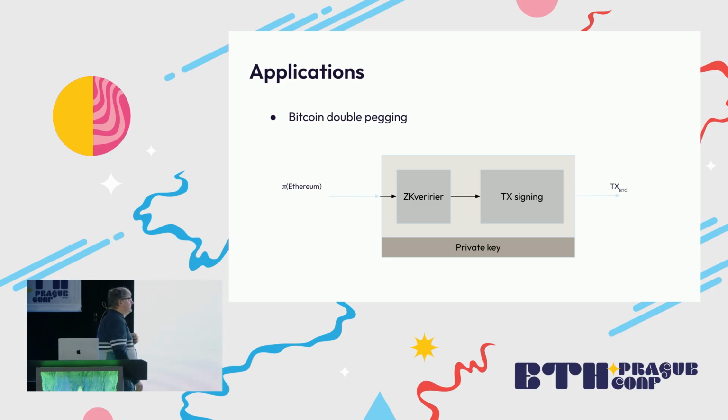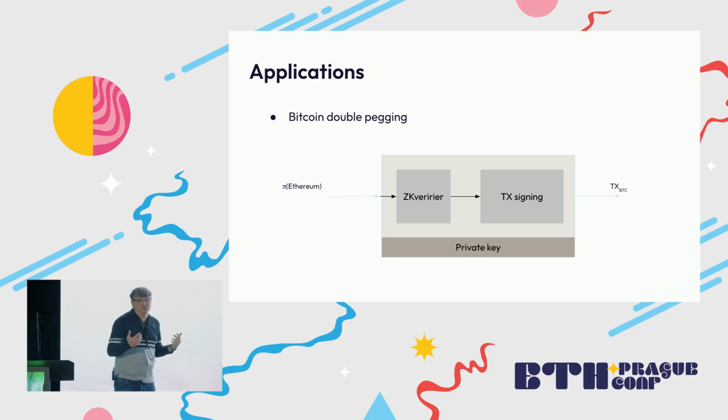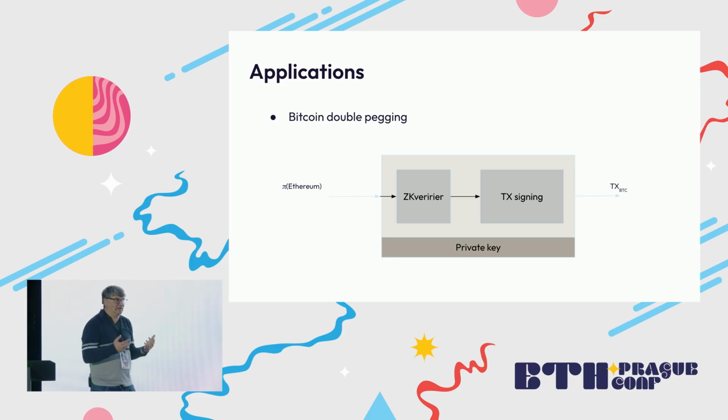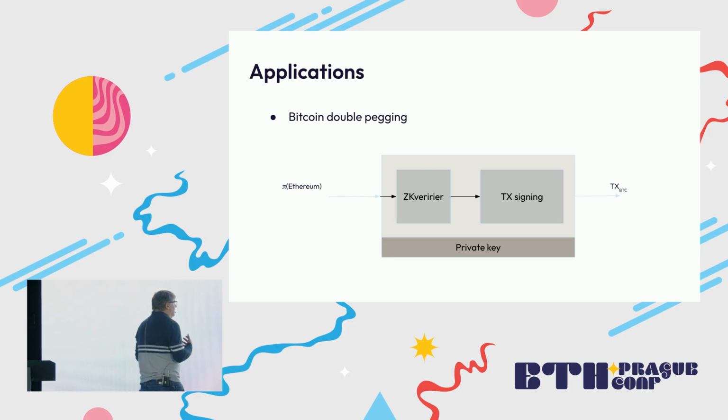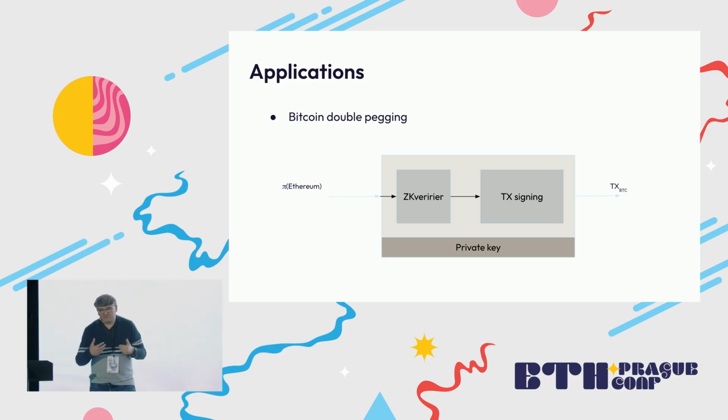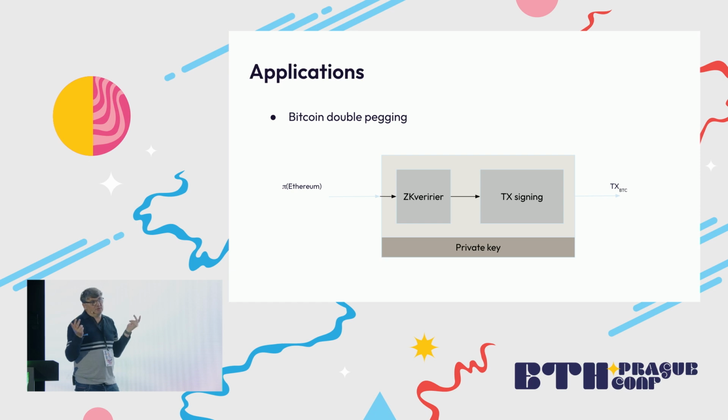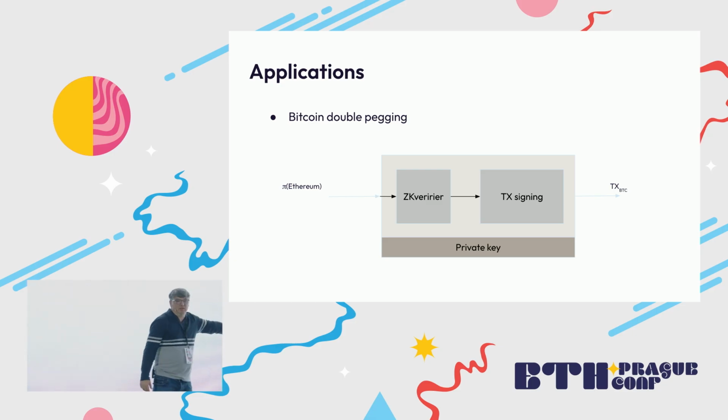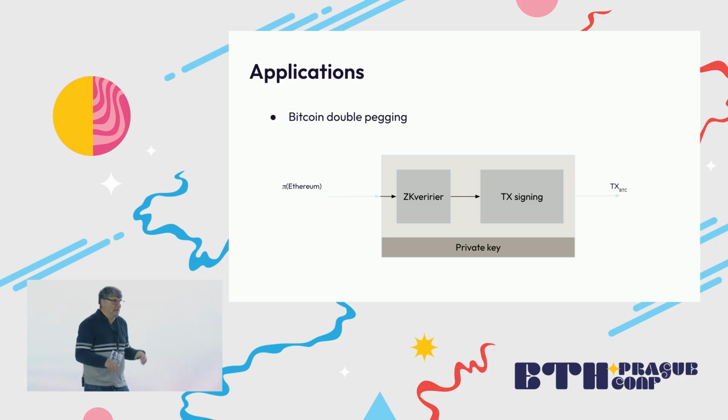Another interesting thing is Bitcoin bridging, or Bitcoin double pegging, without forking Bitcoin, which is interesting. How would it work? Well, the idea is that you send funds to some Bitcoin address that is managed by a private key that nobody knows, but it has a public key, so it has an address. So you send the funds there. Of course, you go into Ethereum or another chain, and you generate the wrapped tokens, whatever.